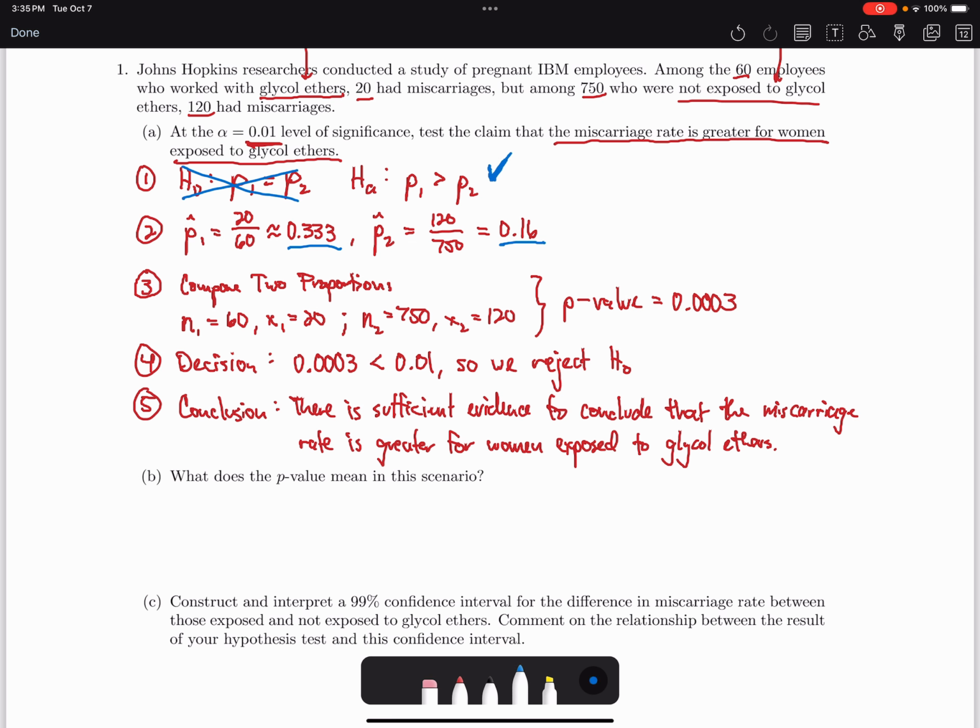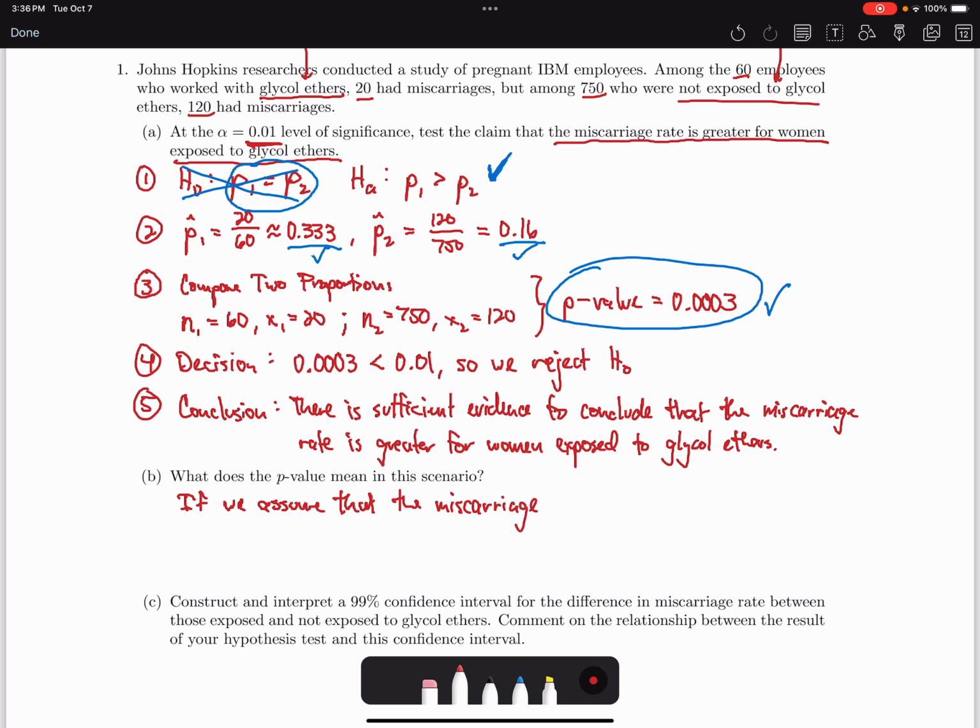Well, our p-value was 0.0003, and the p-value has the same meaning here as it did for our one sample tests, right? It means this is the probability that we would obtain a difference in our sample proportions as large as the difference that we observed if, in fact, the null hypothesis were true. So in this case, if, in fact, the proportions were the same, right? So there are a whole bunch of different ways that you could phrase that. I'm just going to say, if we assume that the miscarriage rate is the same for these two groups,